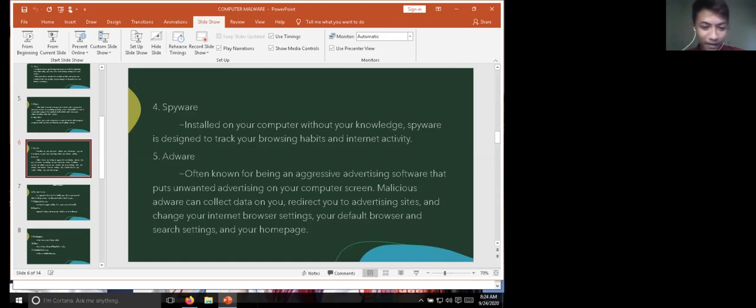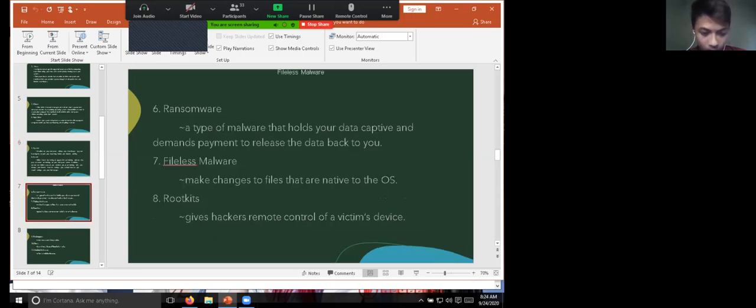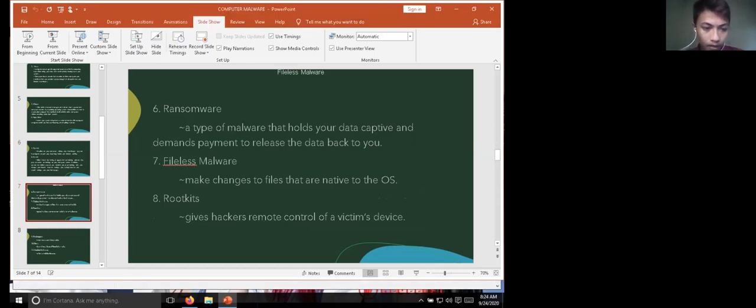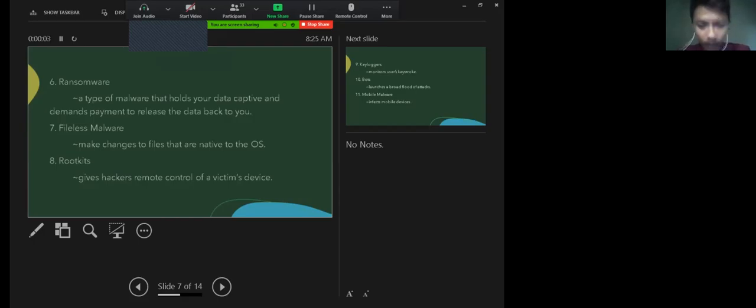Number 6. Ransomware, a type of malware that holds your data captive and demands payment to release the data back to you. Ito yung paliwanag sa English kasi. The malware restricts user access to the computer either by encrypting files on the hard drive or locking down the system and displaying messages